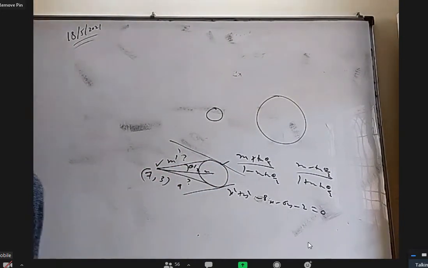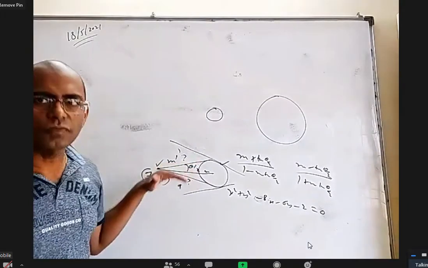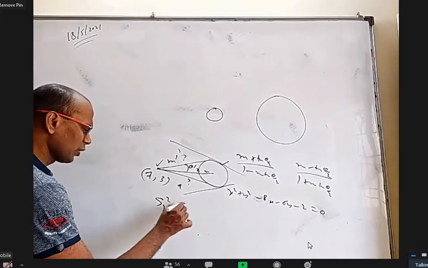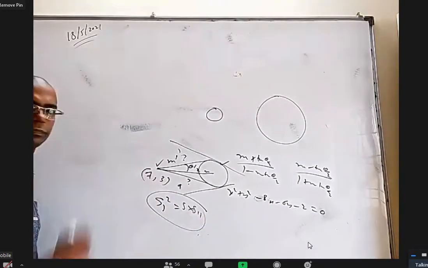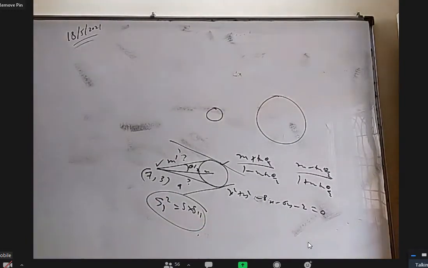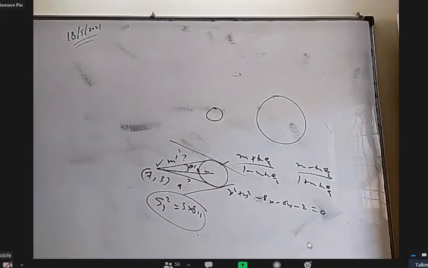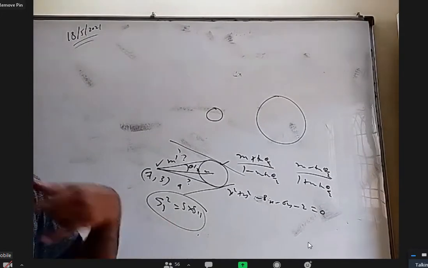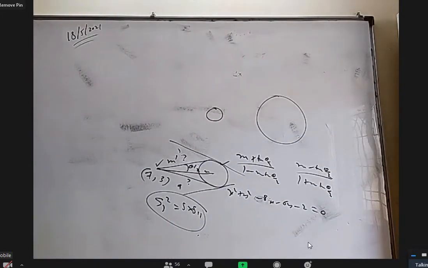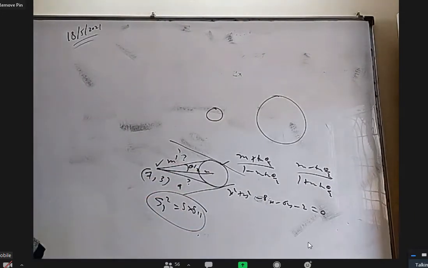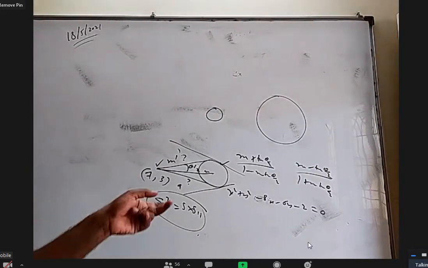Apart from all that, the combined equation of these two, I gave a formula, but I have not derived it to you. That is S1 square equal to S into S11. The combined equation of these two is S1 square equal to S into S11. We have not yet derived this formula, and it is applicable for all the conic sections. Okay. So you can use that formula, get the combined equation, but then you have to take your time to separate the two lines by using pair of straight lines concept. Okay. So I gave notes for all these things.